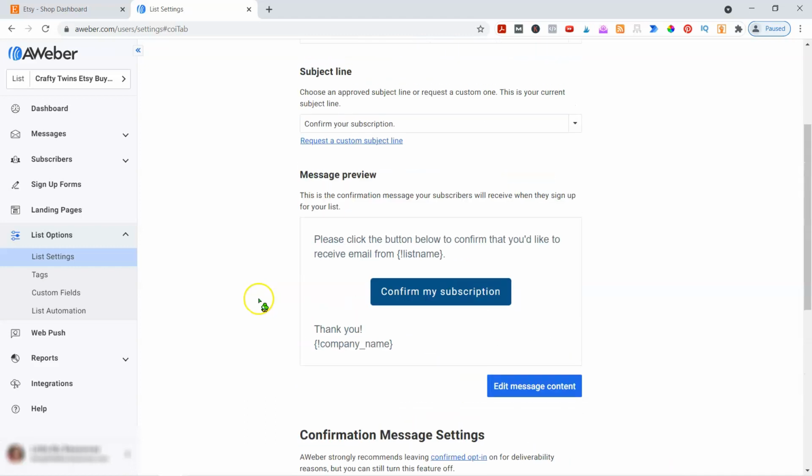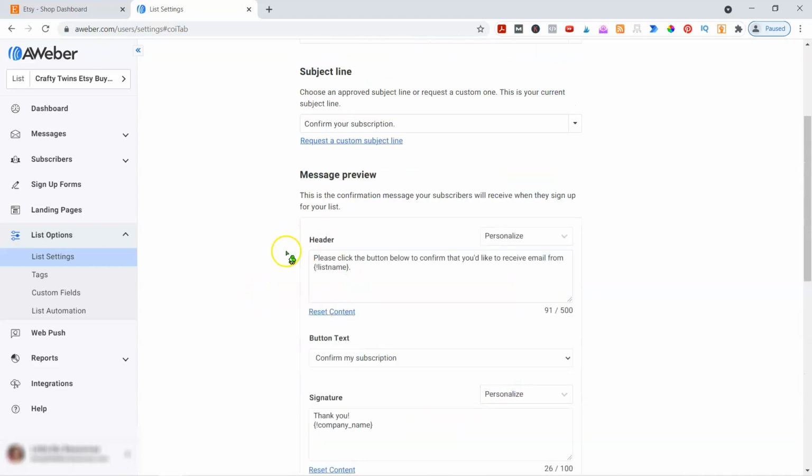But you want to make sure this message, so you want to edit the message content, because this is just saying, hey, confirm this, and they're not going to know, right? They bought from Etsy. I cannot tell you the number of people who think they've just purchased from Etsy, even though Etsy doesn't sell their own products, right? So instead, what you need to do is change this to say, you know, please click the button. You can leave whatever you want, but you have up to 500 characters, and I would leave the list name so that they know what it is, and I would say something like,